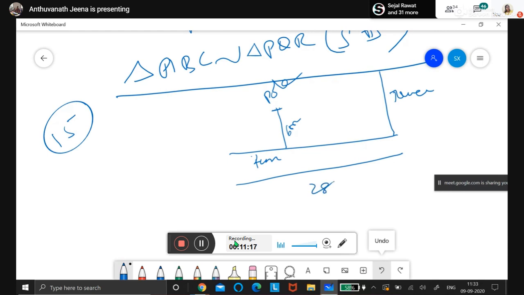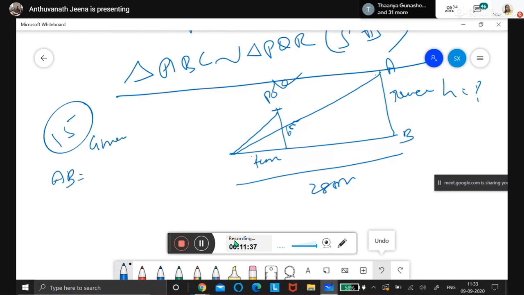So the shadow is given. This height is not given. Okay. So from here, this will go like this. So what happened? Similar triangles will be there here. You need to first prove. Very important, first you write AB. AB is the height of the tower. All that you should write in given. AB is height of the tower.